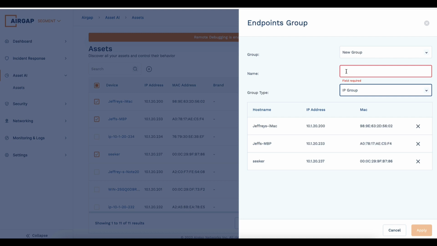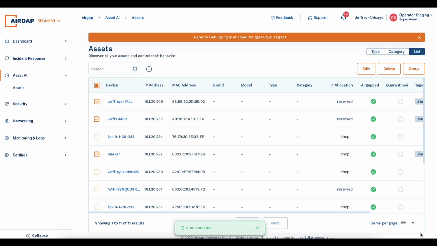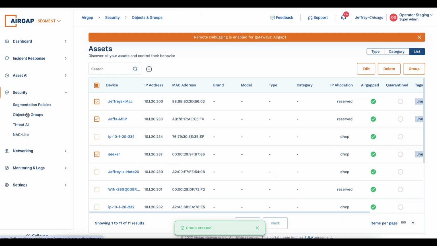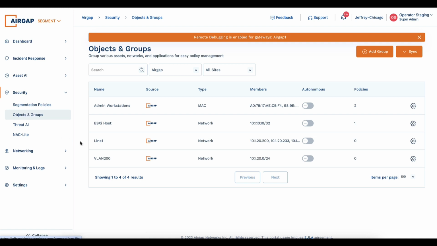Destination is always going to be an IP address or an Active Directory object. But in the case of my group, I'm going to make it, let's say, line 1. So if I come over to my security groups, you'll see that I now have a line 1 group comprised